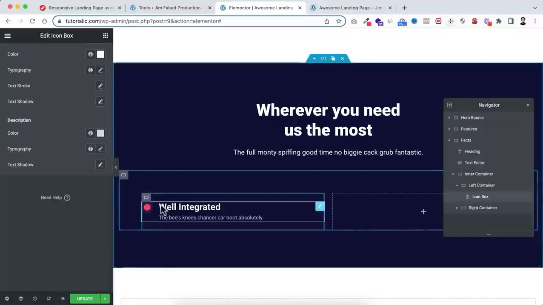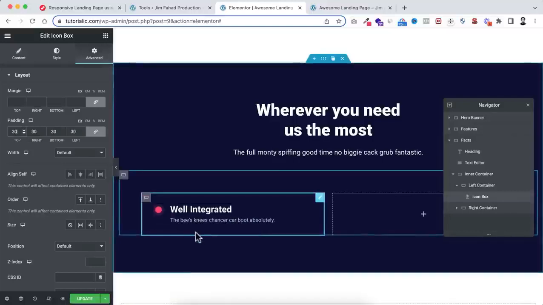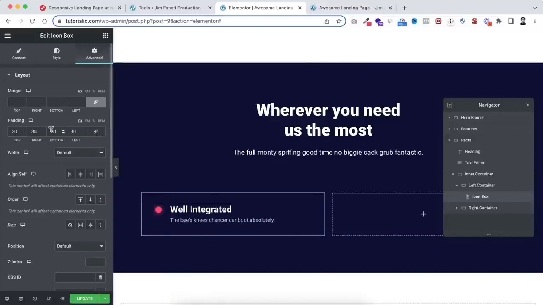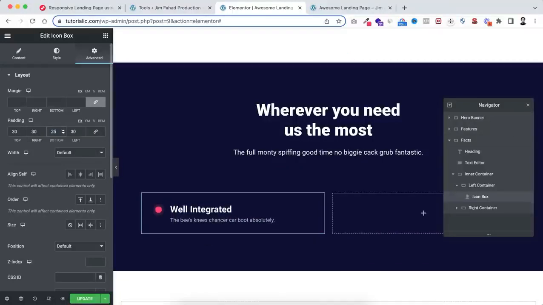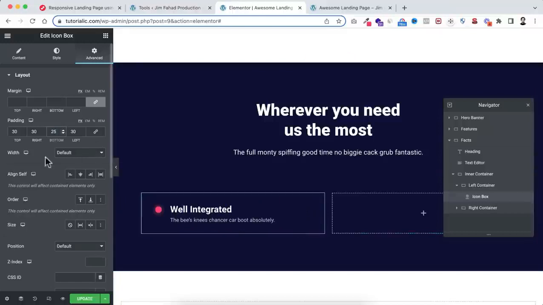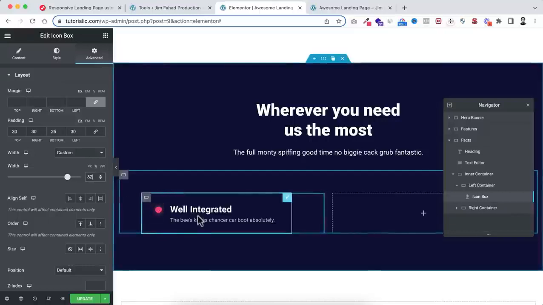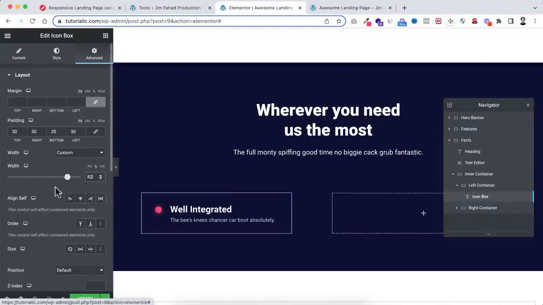And then if you notice, you see there is no breathing space with this icon box, so let's go under advanced tab. Here I want to add 30 pixel of padding, but at the bottom we can reduce a bit, so unlink it. At the bottom I'm adding 25 pixel of padding. And then also I want to reduce its width a little bit, so from here let's set the width to custom, and let's make it just 80% or a bit more. We can make it 82% like this. And also I want to set its background color from under advanced tab, so from